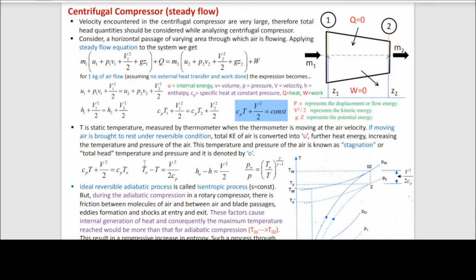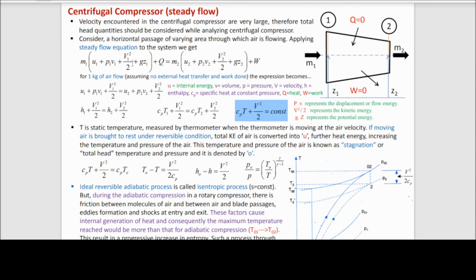Now just remember this one: this is minus of W out, this is W in, which is positive, this is Q out. So depending on the physics, depending on the system in our hand, this can be reduced to a different equation. Same thing we will do here. This is a compressor, so heat input is not there and work output is not there, but work in is there.